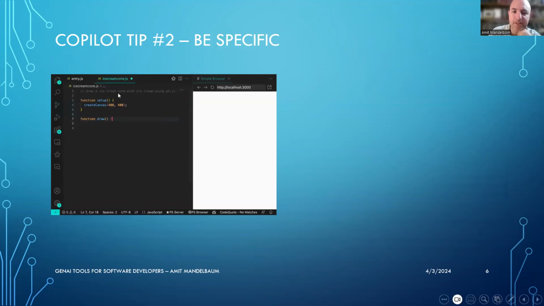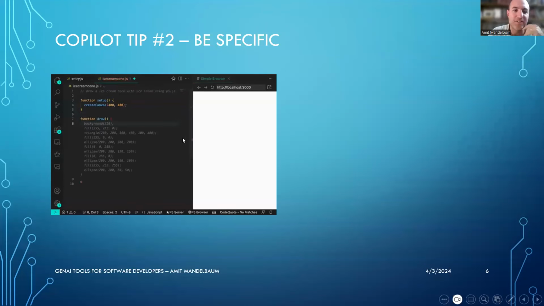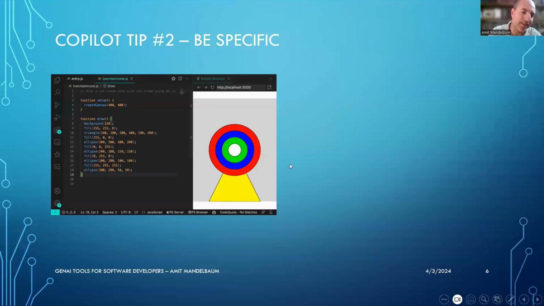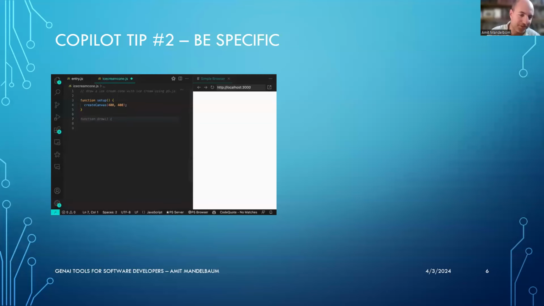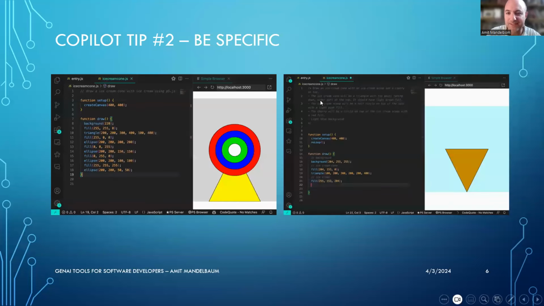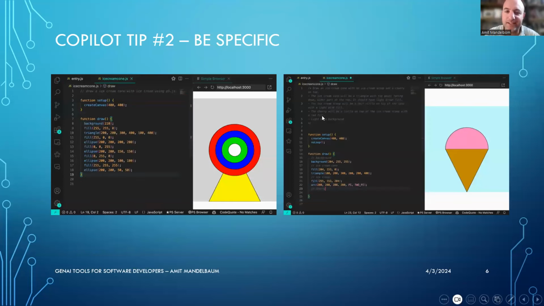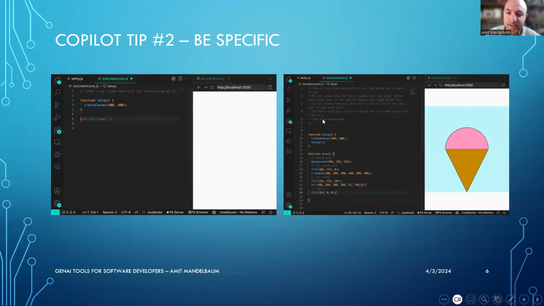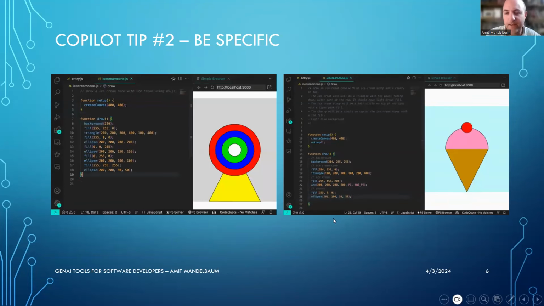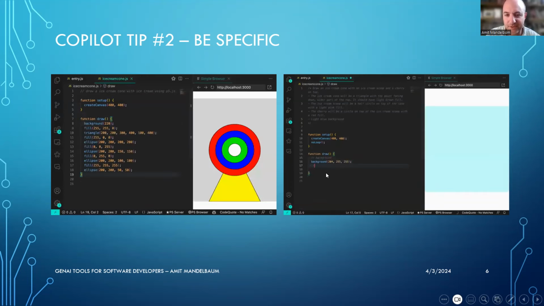And on the first try, because this is very general, it gets something that doesn't look at all like an ice cream cone. So obviously a failed example of GitHub Copilot, and if you didn't know better, you would say, okay, this tool is not really working, I'm not going to use it anymore. But when the programmer tries again with much more detail, and you can see here that it gives Copilot a lot more details about what exactly the shape should be and how it should look, Copilot is able to complete the code very successfully,